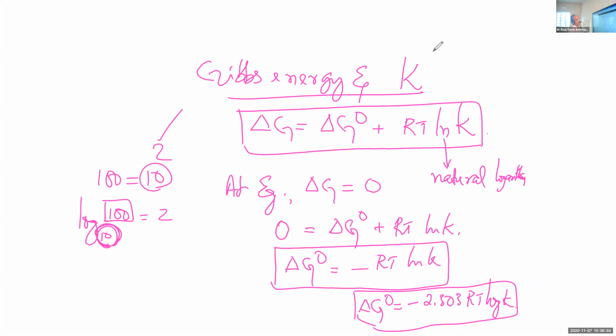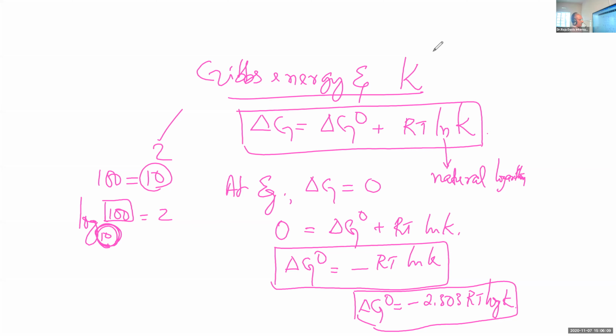For more details, you just refer to the Clark's table. Clark's table, not simply the two-page logarithm table given to you. Note that. In the Clark's table, you can see all types of logarithms. Okay. Now you come back to Gibbs energy.